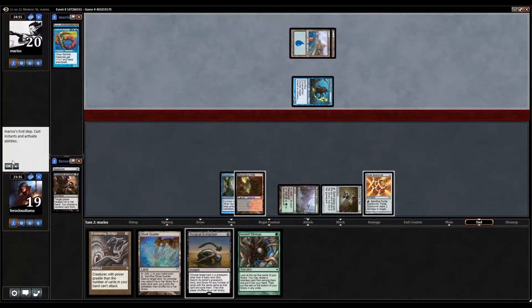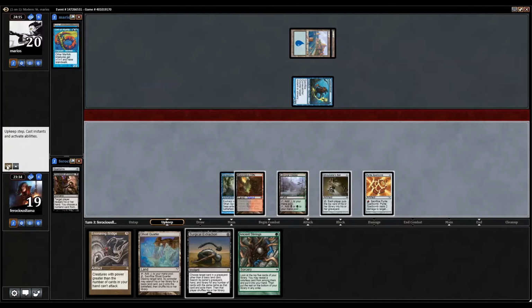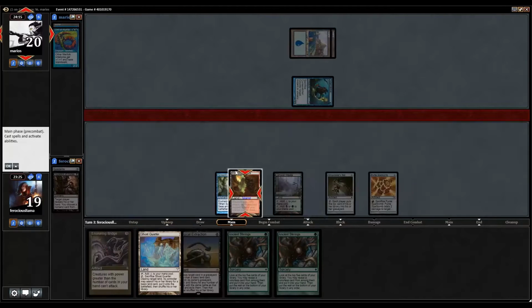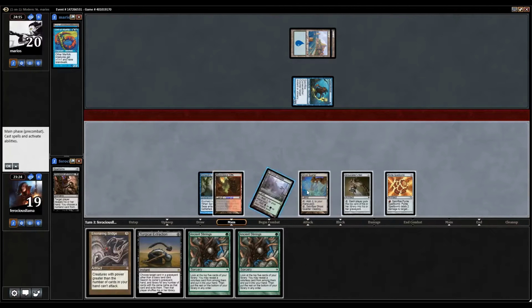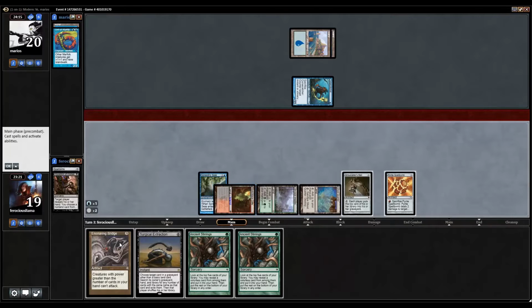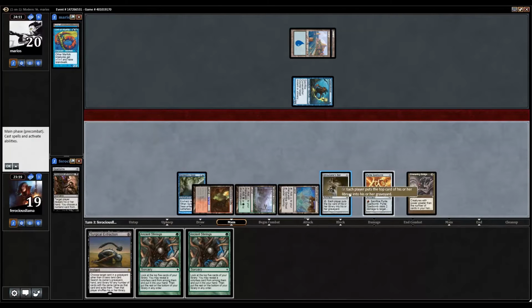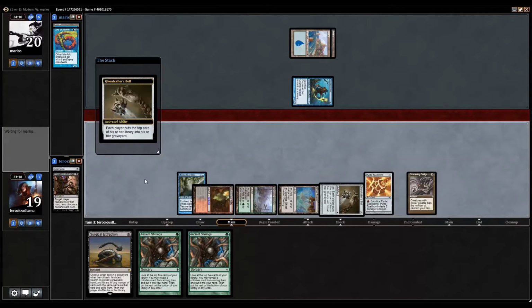Alright, we got a Lord. Alright, go us, right? Alright, okay, now we have two Ancient Stirrings, so hopefully he doesn't kill our Llanowar Waste, because that would suck. Alright, Ensnaring Bridge. And I'm kind of thinking we should probably